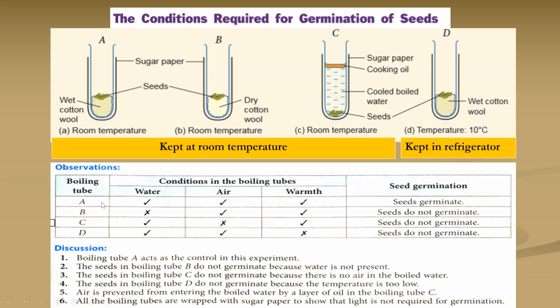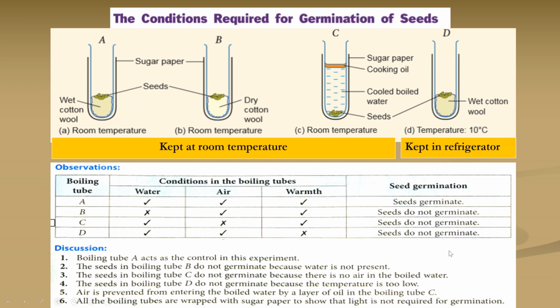For boiling tube A, it contains water, air, and suitable temperature. Therefore, the seeds germinate. For boiling tube B, it does not have water, but it contains air and suitable temperature. The seeds do not germinate. For boiling tube C, it has water and suitable temperature, but does not have air, and the seeds do not germinate. For boiling tube D, it has water and air, but it does not have suitable temperature, and the seeds